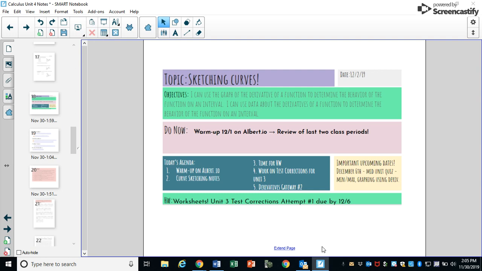Hi everybody, this is our third lesson in our Unit 4, which is all about graphing and optimization. So graphing using the first and second derivatives in order to figure out what the original function looks like. Now what I'm going to do today, if you look at our agenda for today, is that quickly we're going to do a review on the first and second derivatives, what we covered the past two class periods, and then